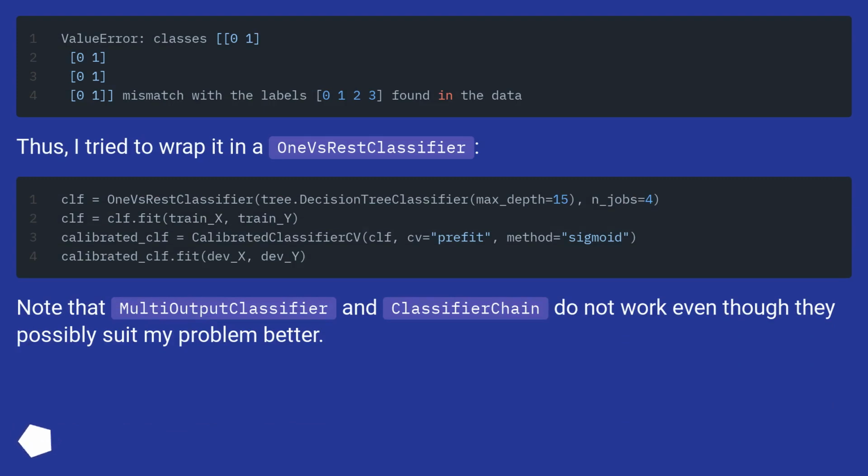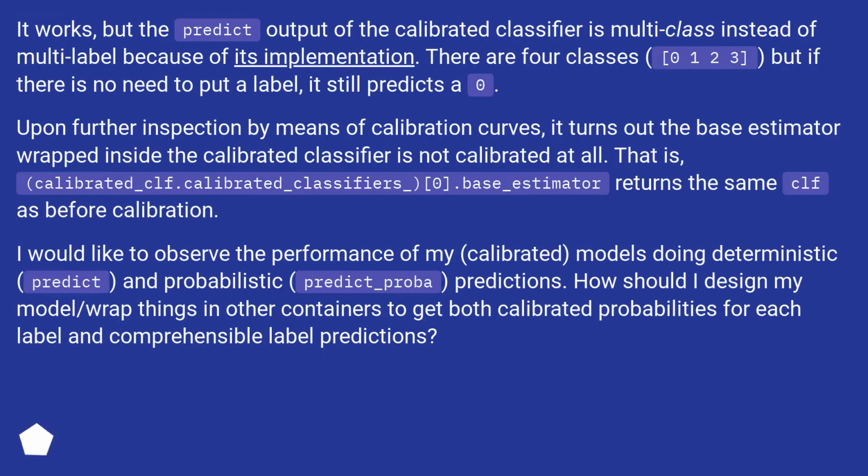Thus, I tried to wrap it in a OneVsRestClassifier. Note that MultiOutputClassifier and ClassifierChain do not work, even though they possibly suit my problem better. It works, but the predict output of the calibrated classifier is multi-class instead of multi-label because of its implementation. There are 4 classes, 0, 1, 2, 3, but if there is no need to put a label, it still